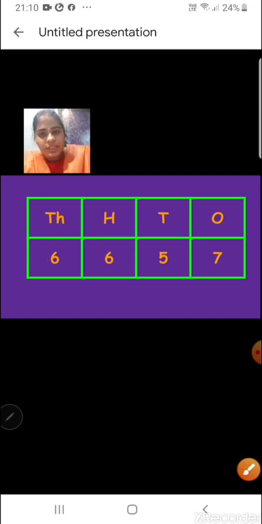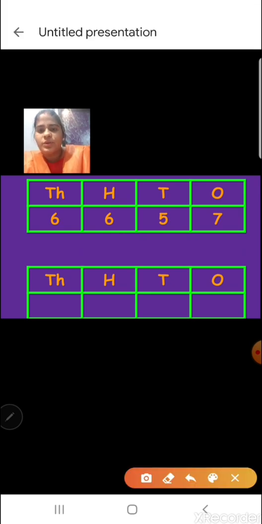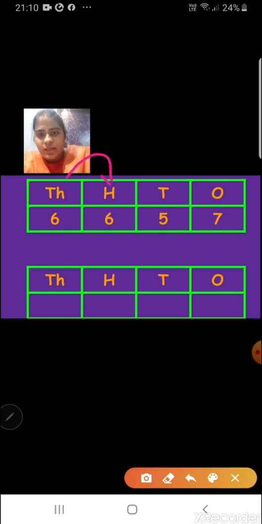For rounding off to the nearest thousands place, we have to look at the number which is in hundreds place. What will happen to ones, tens and hundreds place? First, you are going to put 0 here, 0 here also, and hundreds place also 0. First you put all the zeros. Remember children, we are rounding off to the thousands place. The number in the thousands place will change or will not change, that depends on hundreds place. But the other places like hundreds, tens and ones, everything is going to be 0 because we are rounding off to the nearest 1000.